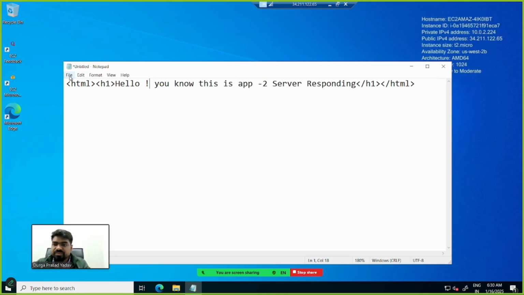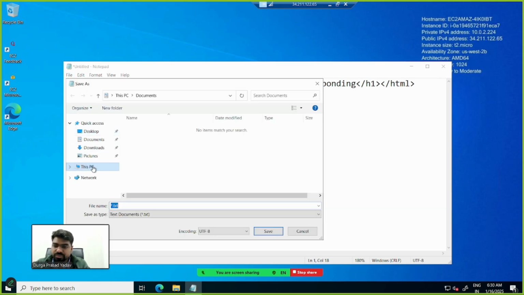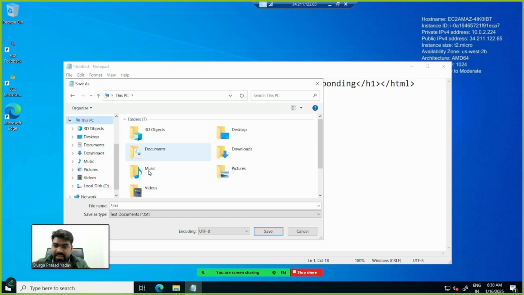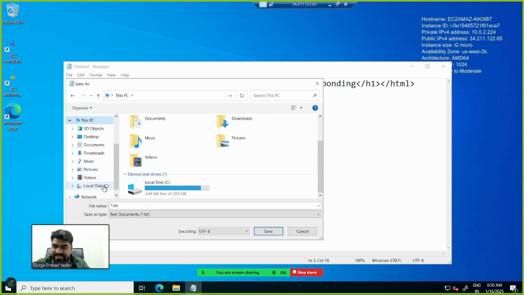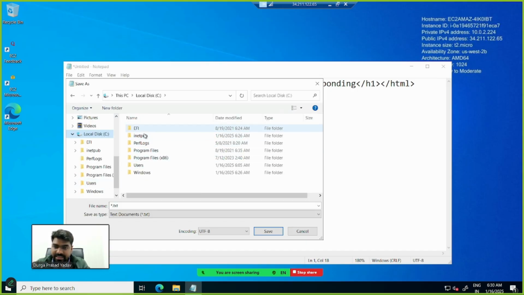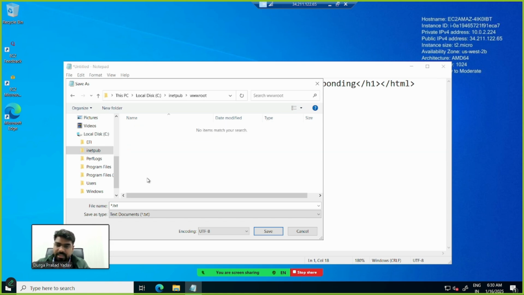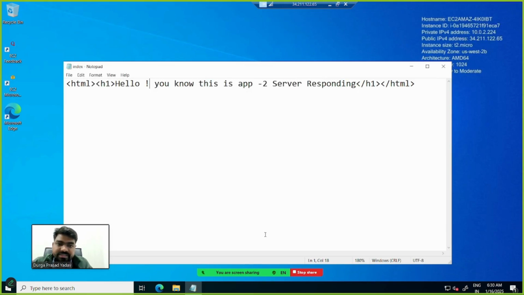What we can do is save this file, save as again, and go back to This PC, local disk C, inetpub, wwwroot, and here we can write index.html, and we will save it as all files. Save it.